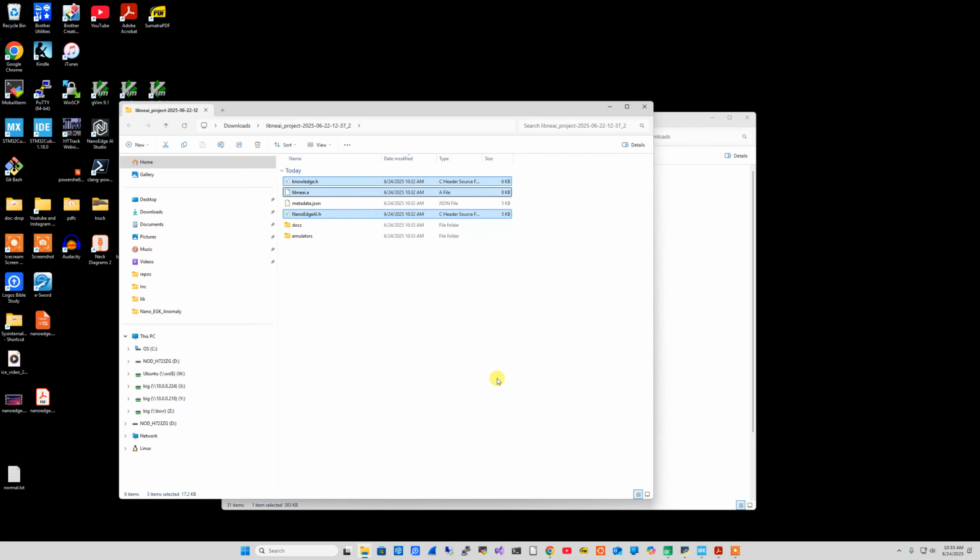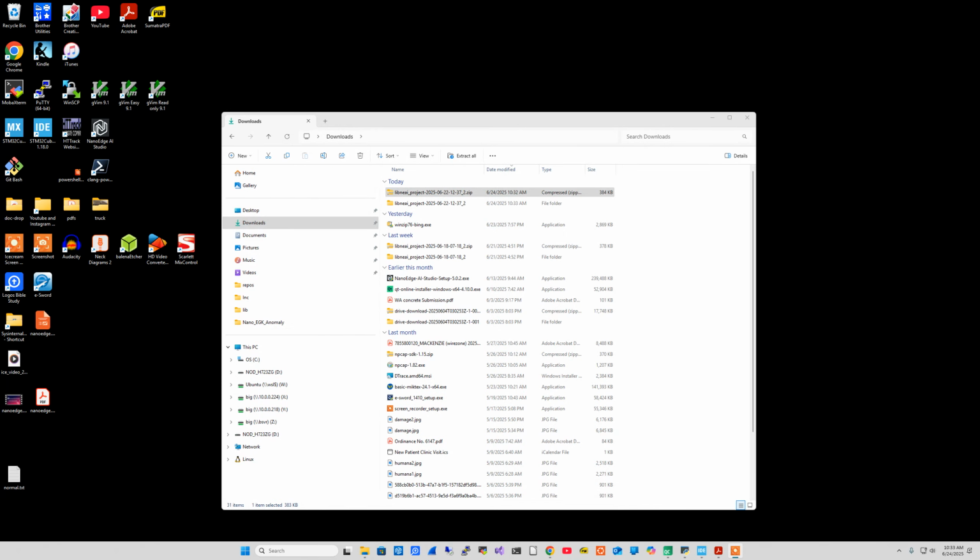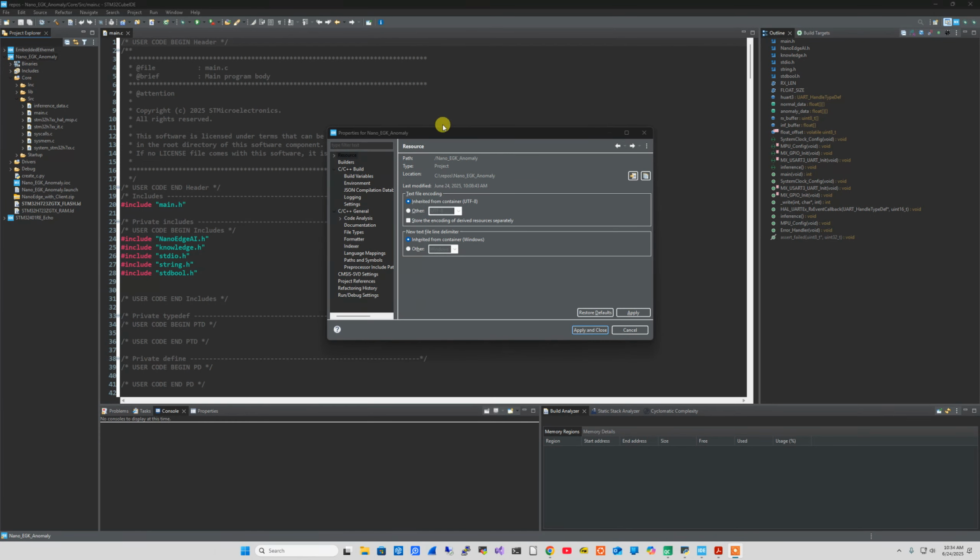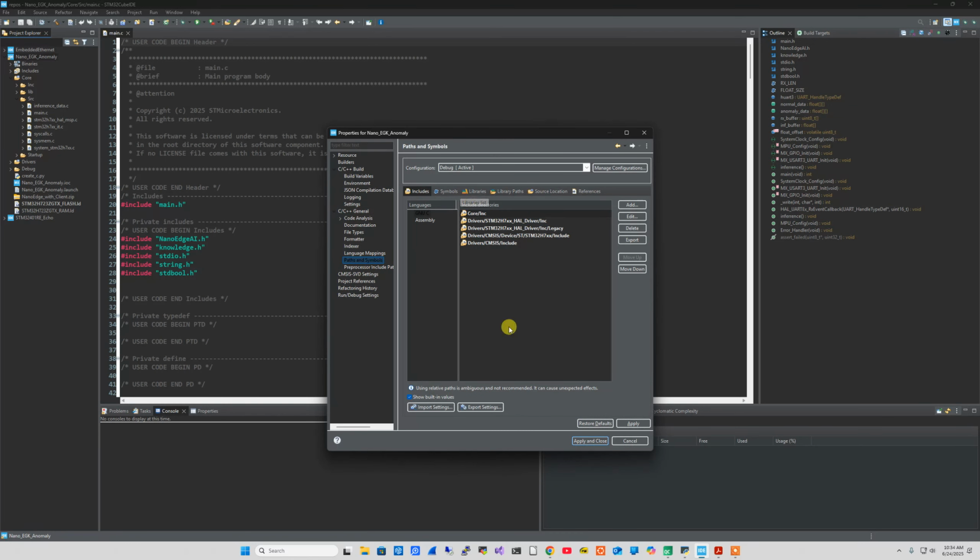core/inc. And then in my project, I made a core/lib, and you add that to your lib folder, then go into project settings, and I'll show you how to do that. So you go to properties, and then you go to C++ general, and then to path and symbols, and there's these tabs here. And so first one is library path, and I've added core/lib, and then there's libraries, and you